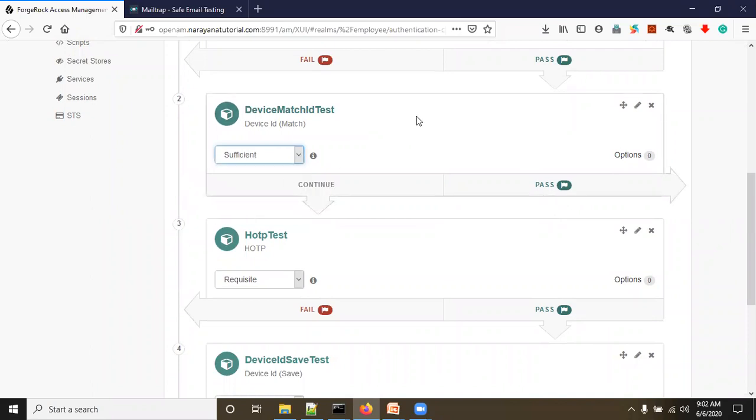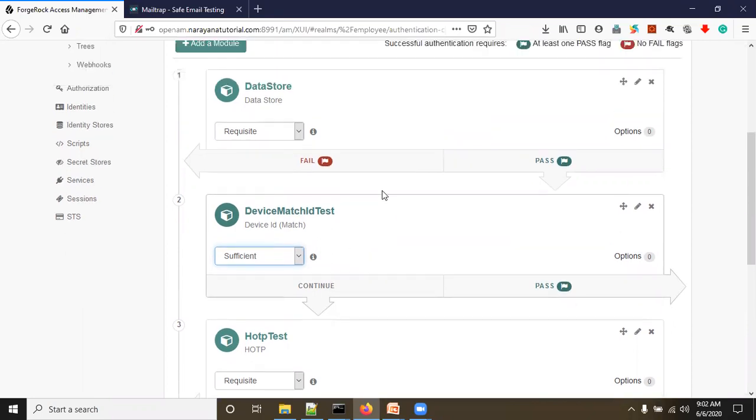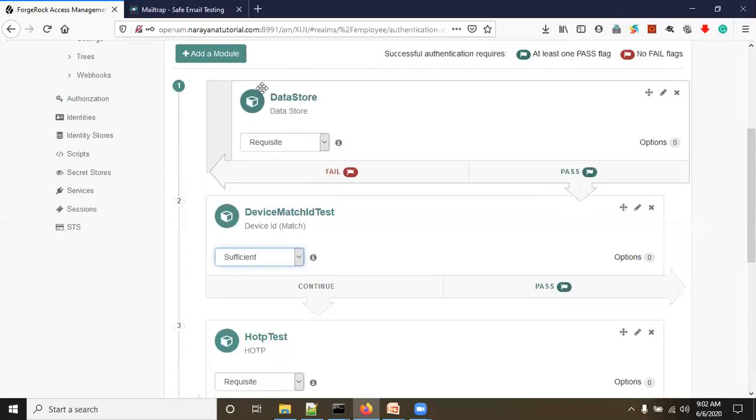It means that, see here, I am changing this requisite, so the arrow marks you are seeing. If I select sufficient, then it passes and exits in this chaining. It means that if the device details are matched, then that is enough to log into the application. The first step is user authentication.